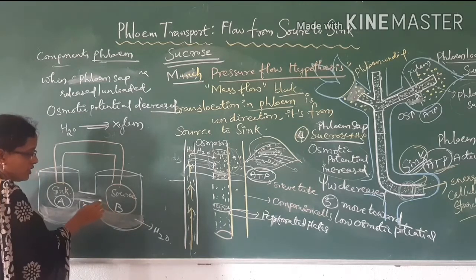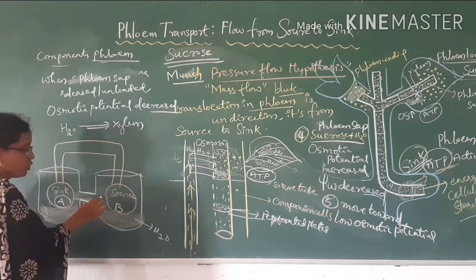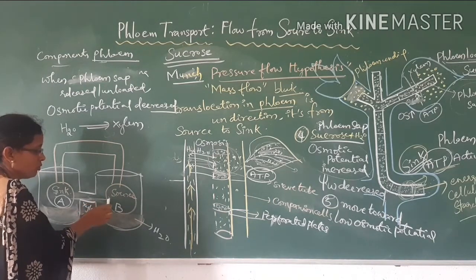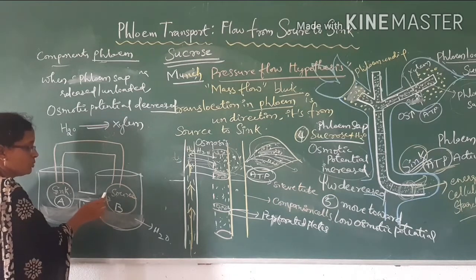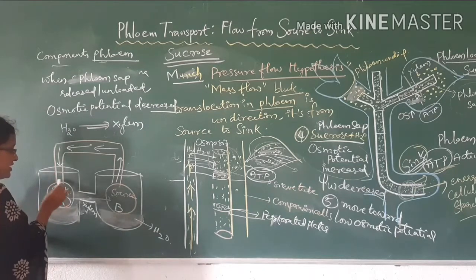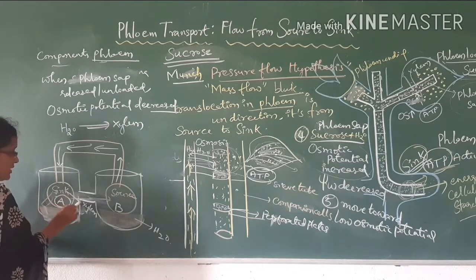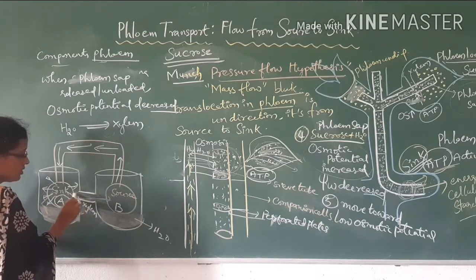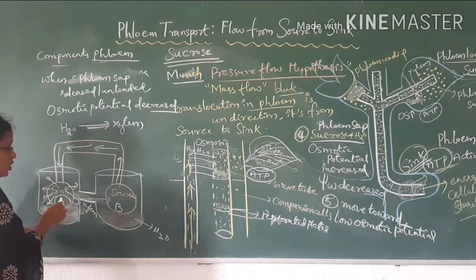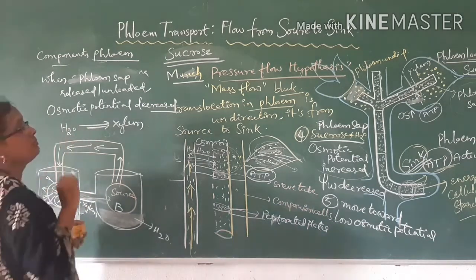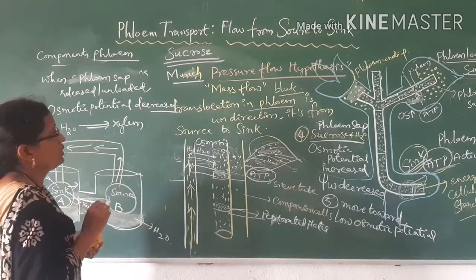When it is loaded at the source, phloem loads at the place of source, and due to osmotic pressure, water from the xylem is added and it transports towards the sink. When it reaches the sink point, it unloads the materials. Then, as the water potential is increased, water reaches back into the xylem. With this simple diagram we can explain this pressure flow hypothesis. Okay, thank you.